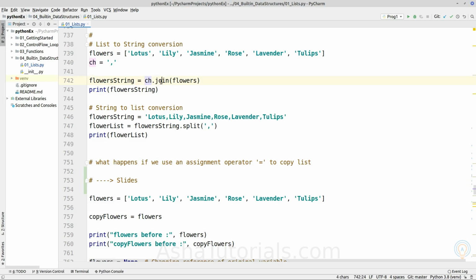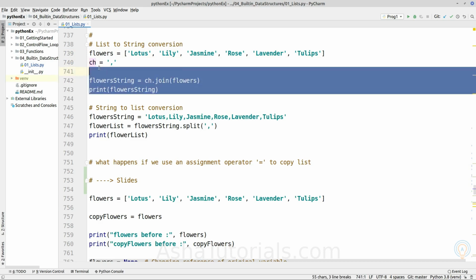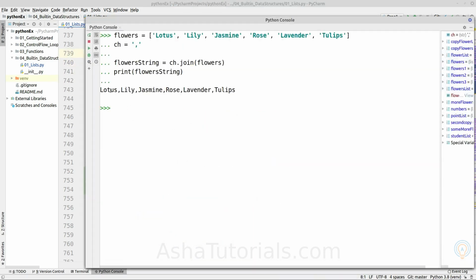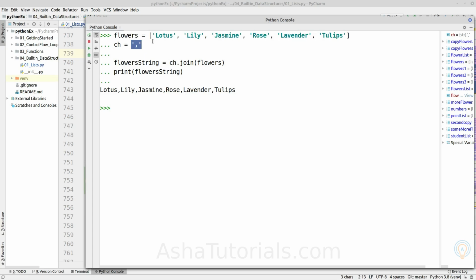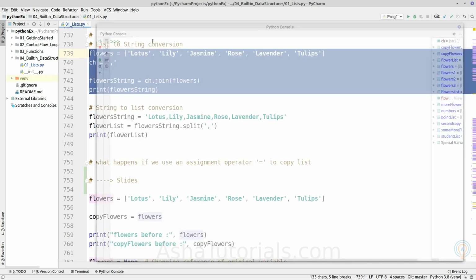So if we have a list of strings, it will join each string element of the list using the given character. So ch.join will return a single string combining all of the strings of the given list, using the given string.